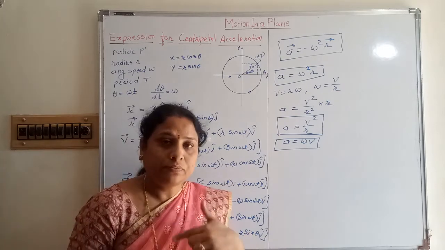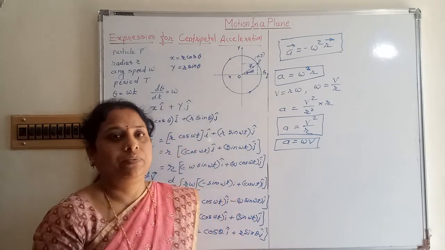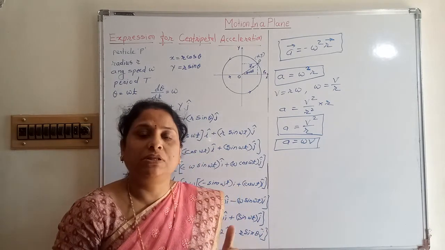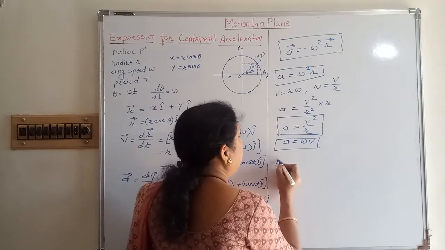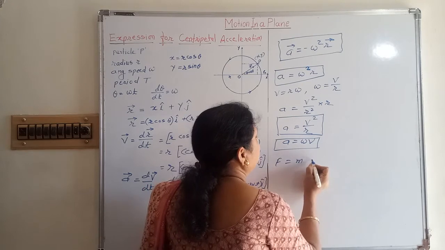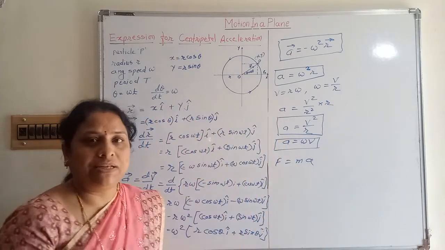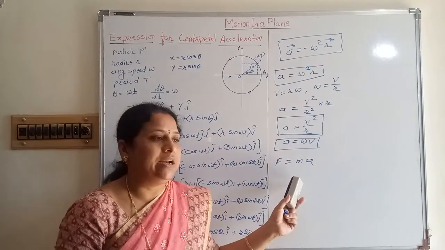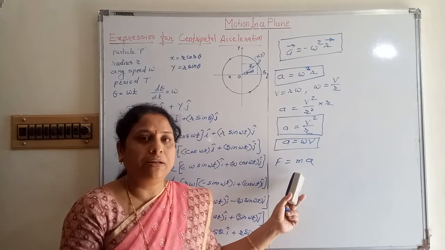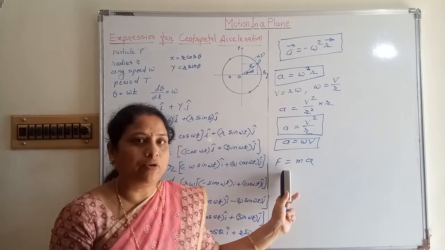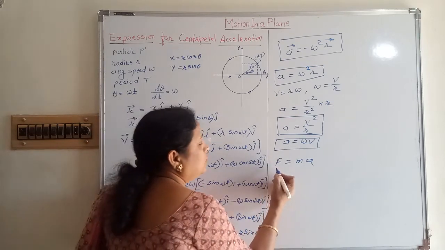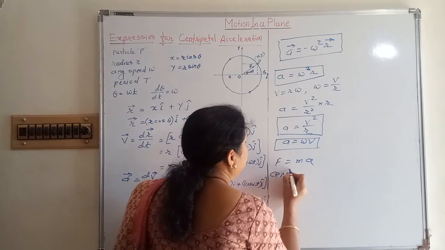Now when there is the acceleration, there is the force representing the acceleration, and so the force is given by the formula mass into acceleration. Here as there is the centripetal acceleration, there is the centripetal force. You have to learn it in detail in 12th, but we write here only formulas. For magnitude of centripetal force, this force is nothing but the centripetal force.